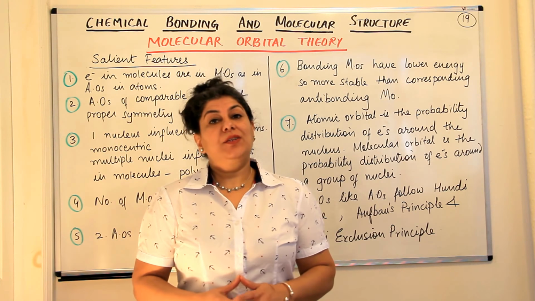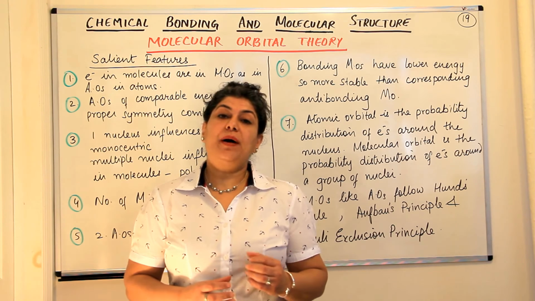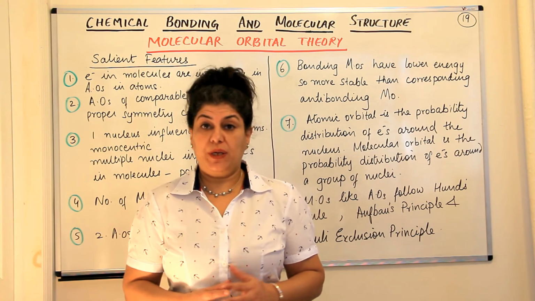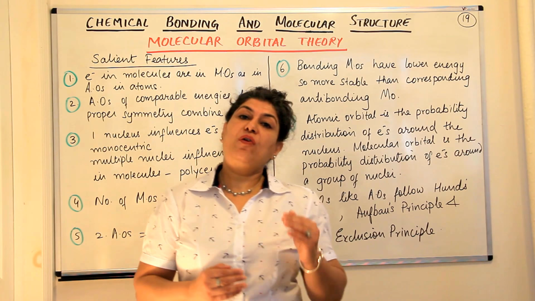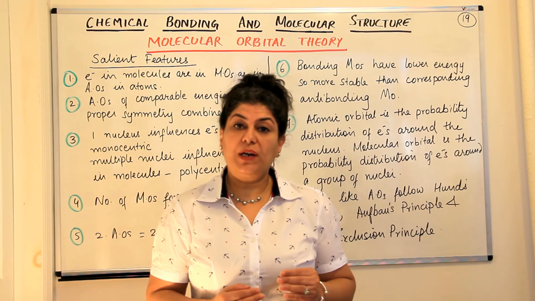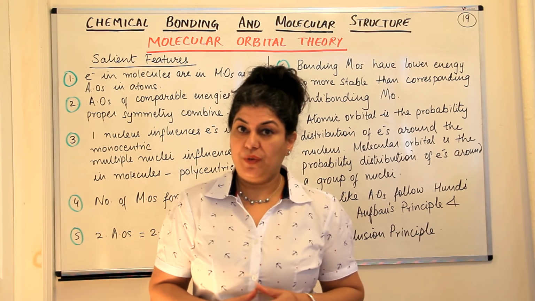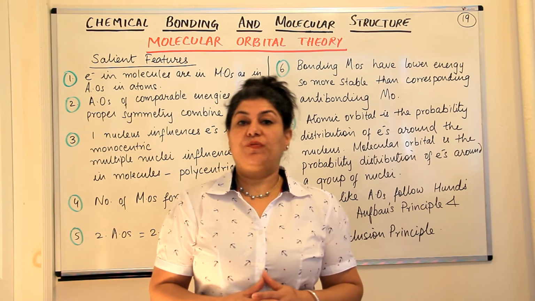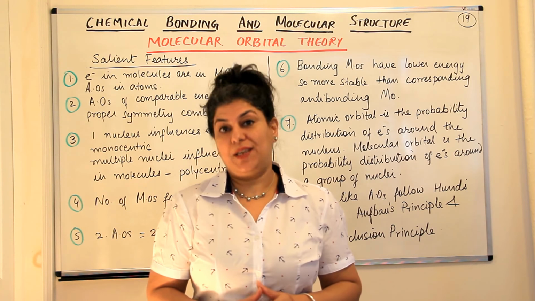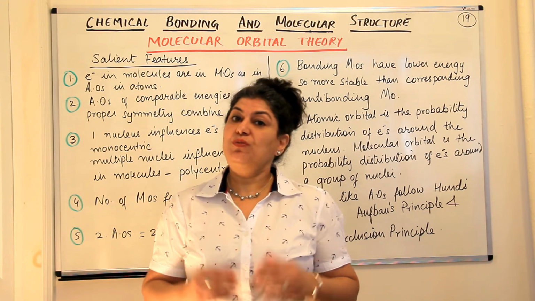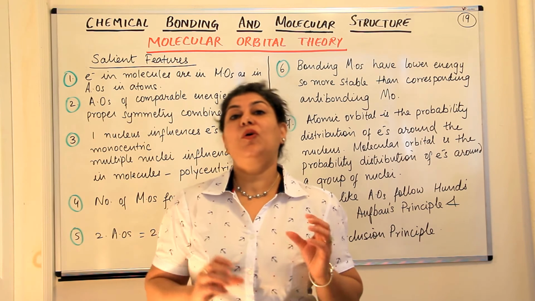We have studied the Kossel-Lewis approach to chemical bonding. Then I told you about covalent and ionic bonding, the difference between the two types of bonds. And I followed that with videos on the VSEPR model, that is the valence shell electron pair repulsion theory. And in the previous few videos, we discussed the valence bond theory and I explained hybridization to you. It is now time to move on to the final theory, which is known as the molecular orbital theory